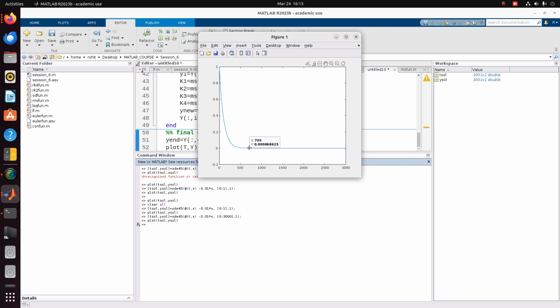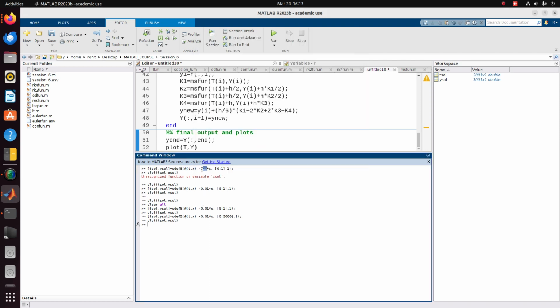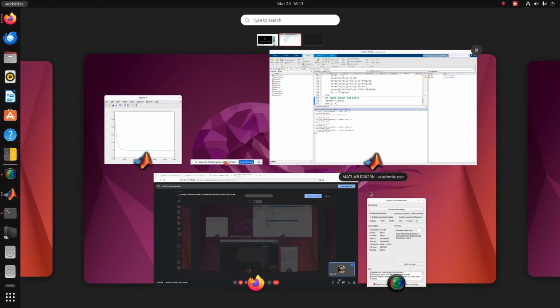Earlier it was very low, 0.1 and all. Now it took 500 seconds to come to this lower convergence. So when you are having 100 here in the amplitude, the system responds very quickly, whereas when you had a smaller value, 0.01, the system responds very slowly. So this response of the system changes, and if you are having both of them in a single equation, that as we mentioned here,